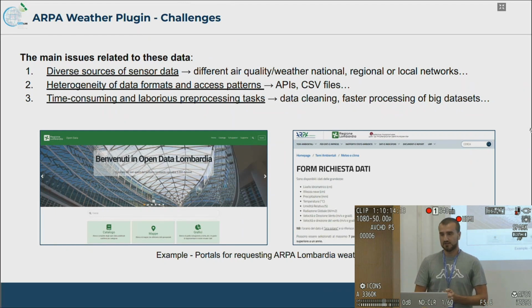The problem with the sensor data is that usually they come from different sources. So, for example, there are air quality data, weather data in a national network, regional network. So it's like a complicated situation. And there is also heterogeneity in data formats. For example, APIs, CSV files. Also, sometimes PDFs are used. And it's time consuming to clean all these data sets that are sometimes pretty big, and it's a laborious